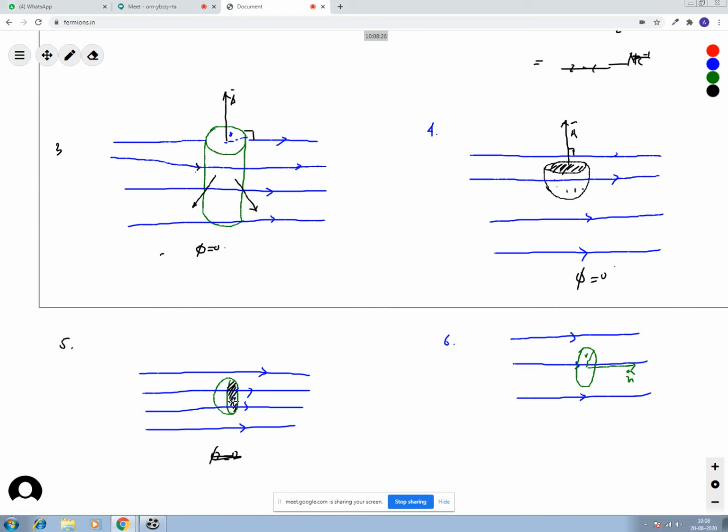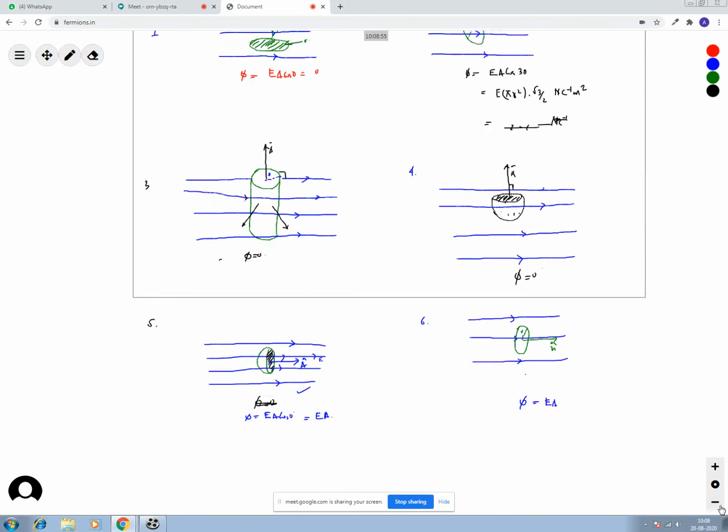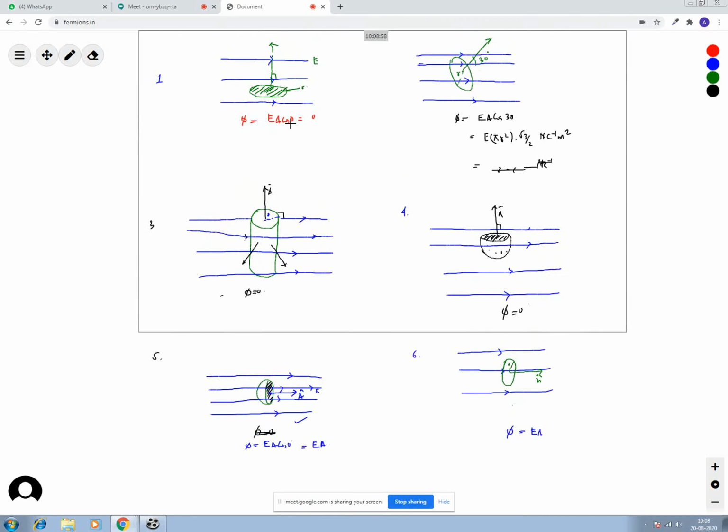What about this case? Same thing here. This lateral surface, this curved surface, electric field line is not perpendicular. The property of electric field line, the electric field line should be entering the surface normal, is always normal to the surface. Here electric field lines are not normal to the surface. So there will be no flux in this region. However, in this case, you can see the surface area vector for this surface is 90. So that means 0. Again phi equals to 0. What about this case?